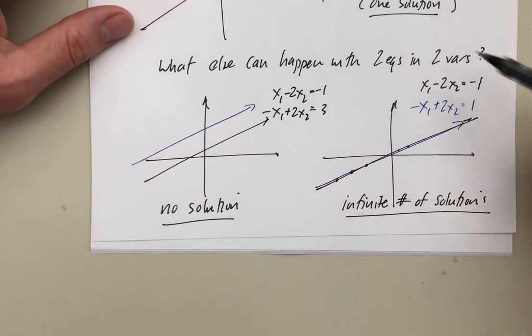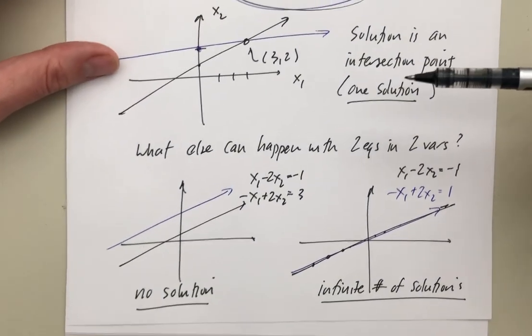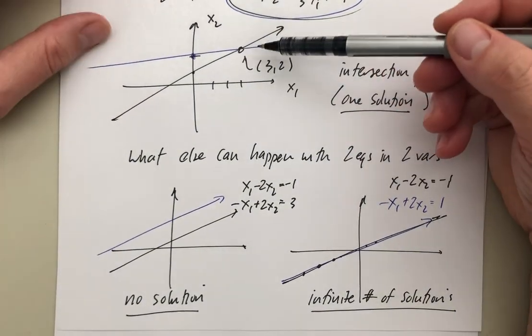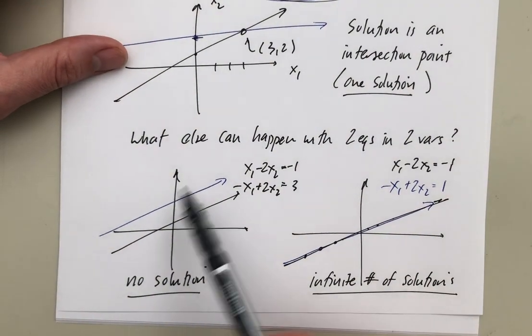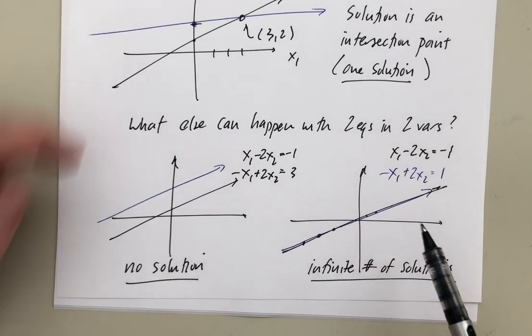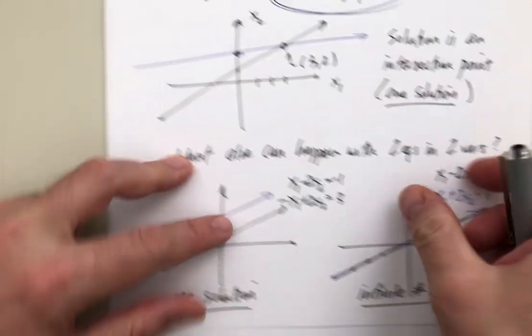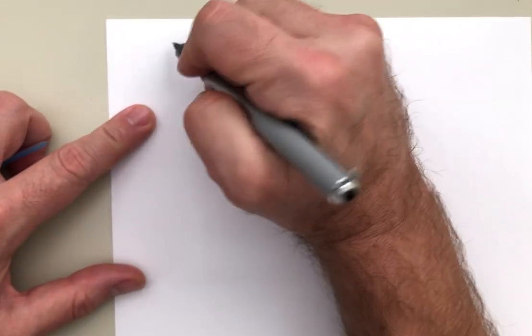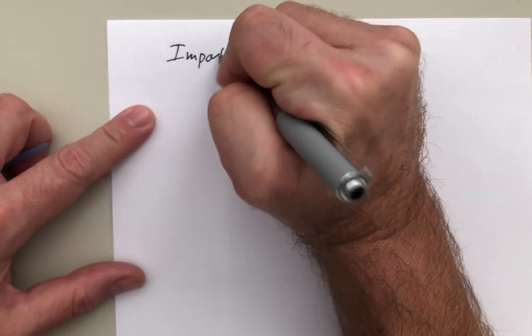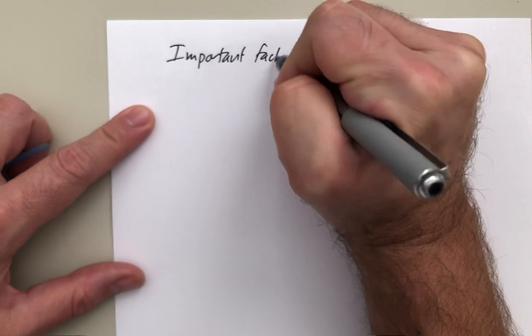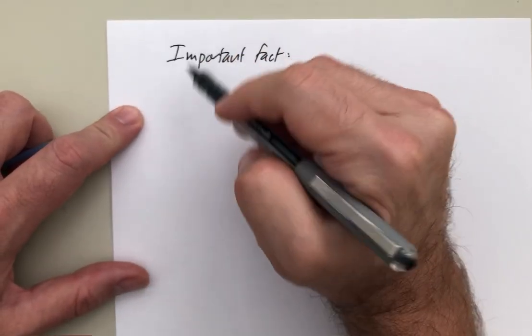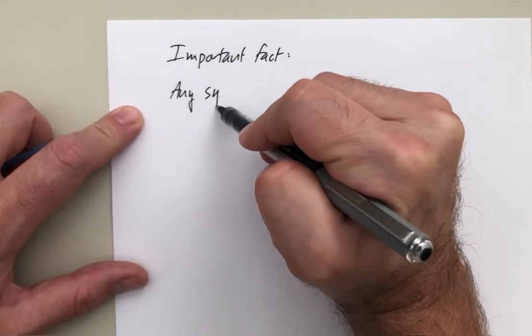So there are three things that can happen. One solution when the two lines intersect in the usual way. No solution when they're parallel. An infinite number of solutions when they're actually the same line. And what I want to mention as we close is that this little example is actually the story for all systems. So here's the important fact that I'll end with, that we'll see throughout the semester: for any system of linear equations,